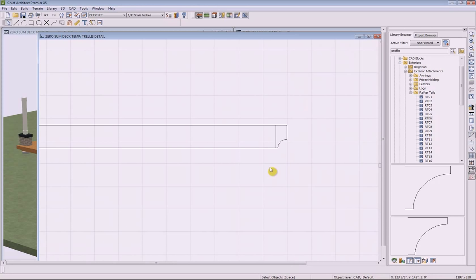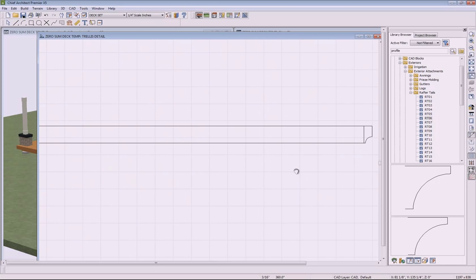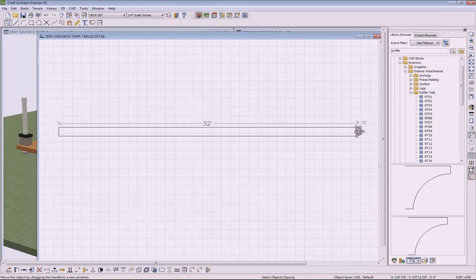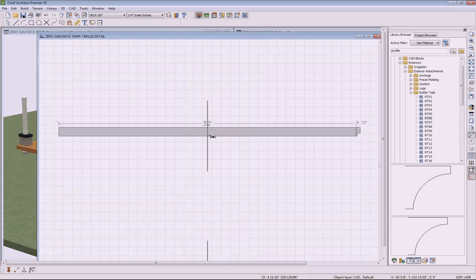So we have that profile put there, and if we zoom out a little bit, we can grab this edge and do a copy and reflect it about the center of this member, and then we have that put onto our other side here. Okay. Now this is going to take care of the beam that we're after,